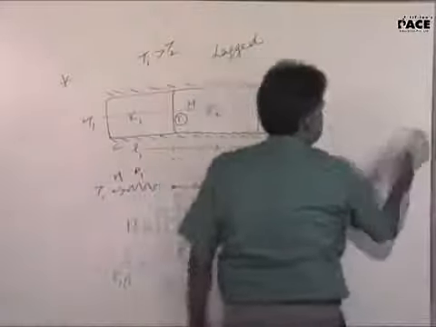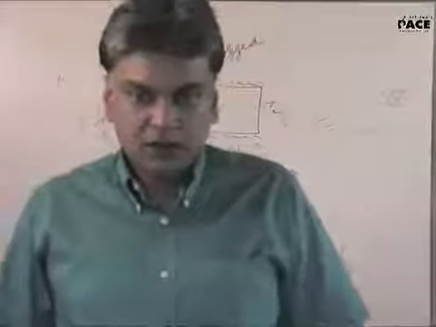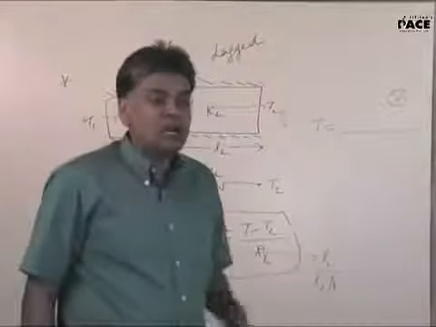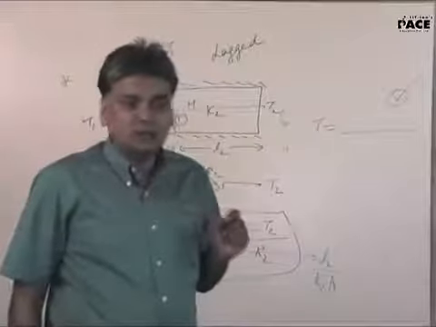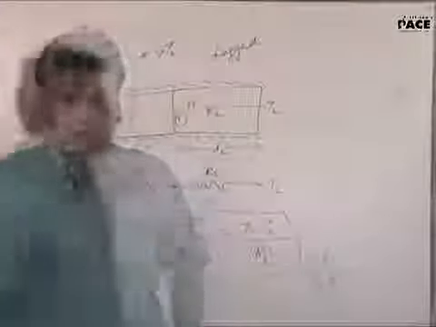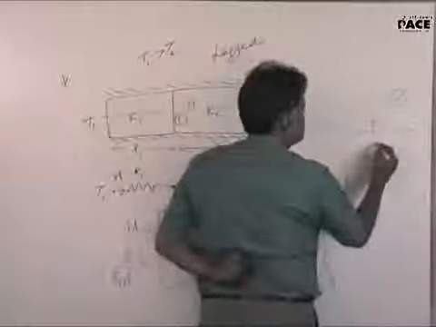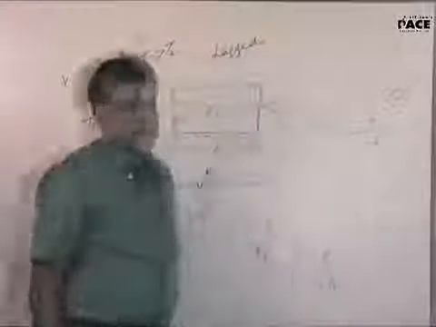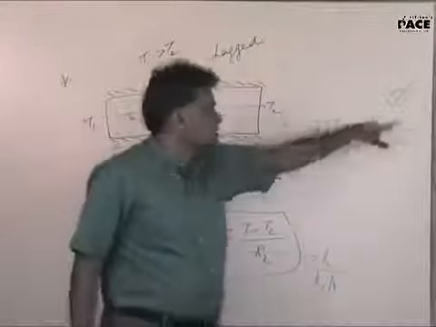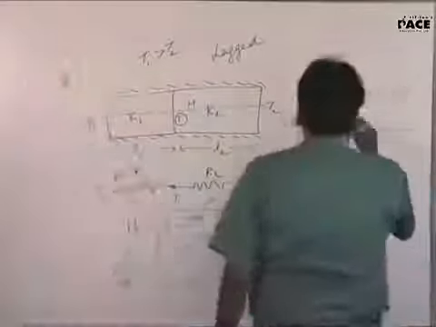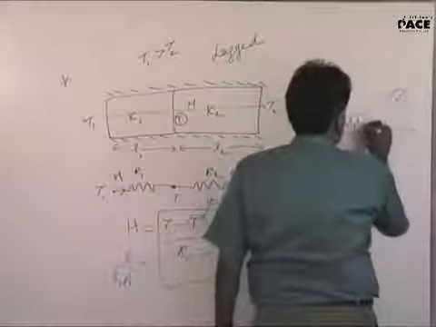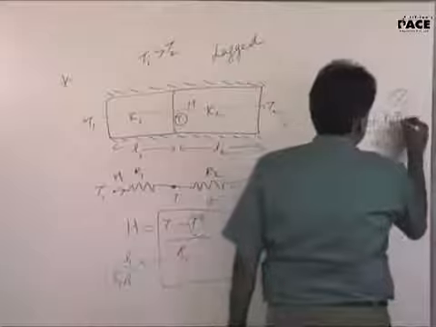Can you say it again? T1 L2 plus T2 L1 upon L1... No, what happened to K? K2 must be there. You will get something plus something over something plus something. I think you get 3 terms here on top. K1, T1, L2 plus K2, T2, L1 upon